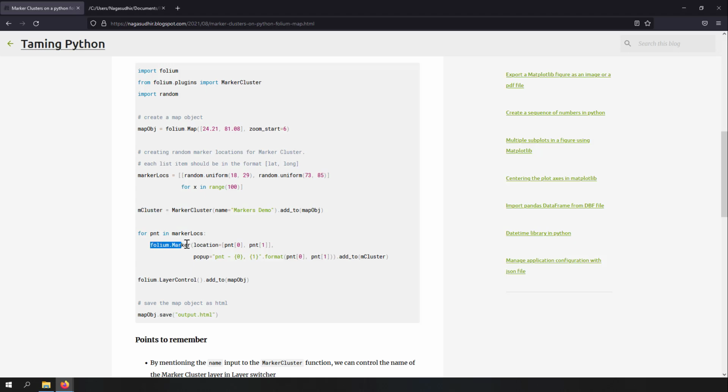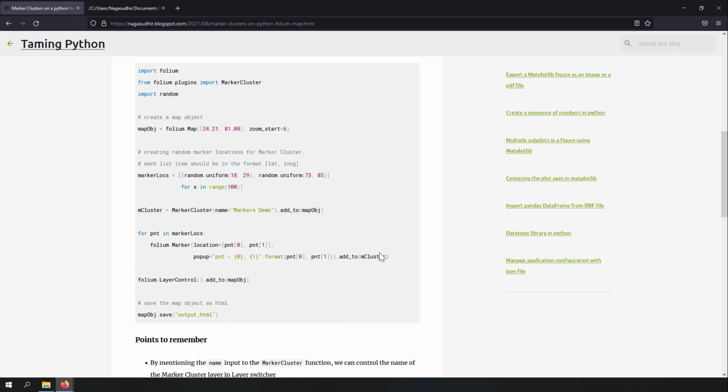So here you can see in my code, I have just written folium.Marker. Here I am creating a marker, and instead of adding it to the map object, I am adding it to the cluster layer. So basically what's happening is, when you create an instance of a marker cluster, you are creating a layer over the map object, which is the marker cluster layer, and that layer takes care of rendering these markers grouped or individual depending upon the zooming of the map. So it's that simple: just a single line, create a marker cluster and add your markers to the marker cluster layer. That's it. Looks simple, right?